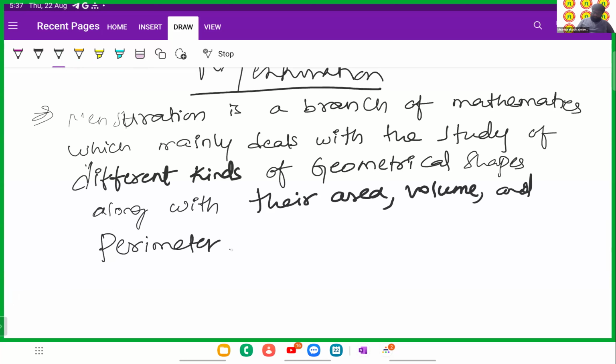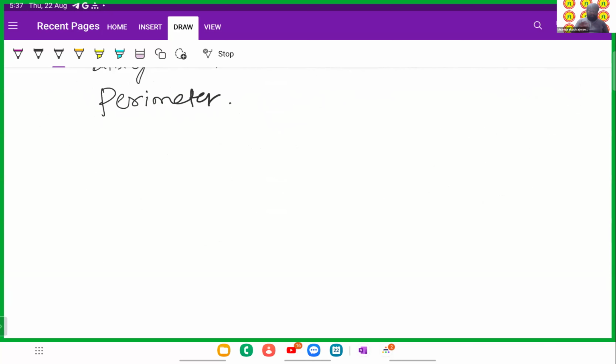Okay, so this is the definition. Mensuration is a simple subject where we mainly deal with concepts like volume, area, and perimeter of any given geometrical shape. The basic geometrical shapes you all learned in classes 6th and 7th are circle, rectangle, triangle, and cuboid. Sir, we did not discuss cuboid and cube. Yes, so cube and cuboid are basically 3D structures.